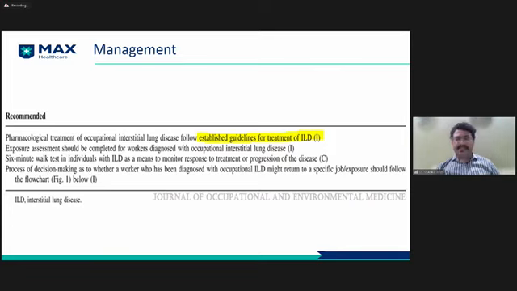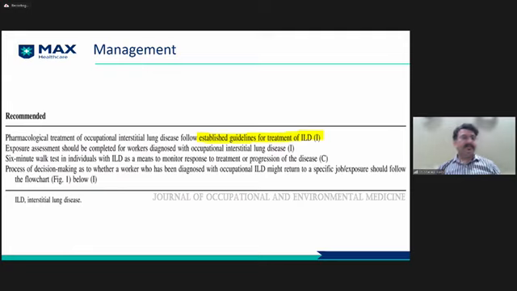As far as management is concerned, pharmacological treatment for occupational ILD follows the established guidelines for the treatment of any of the ILD. Obviously we do not follow the guideline for management of IPF, but if it is progressive pulmonary fibrosis secondary to occupational exposure, we treat it along the lines of IPF. If you see it is more of ground glass, definitely there is an important role of anti-inflammatory drugs. If it is more of fibrosis, then definitely we have to use an antifibrotic drug, whether it be pirfenidone